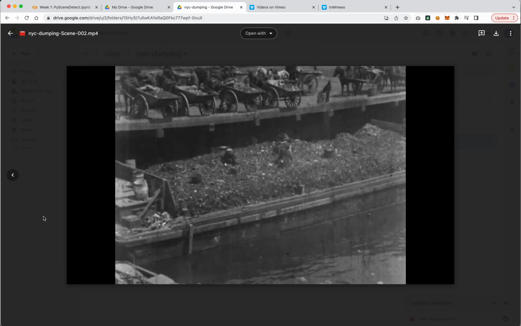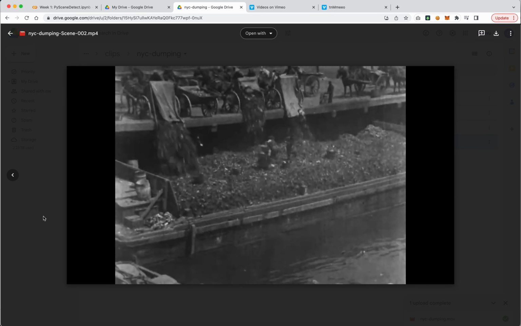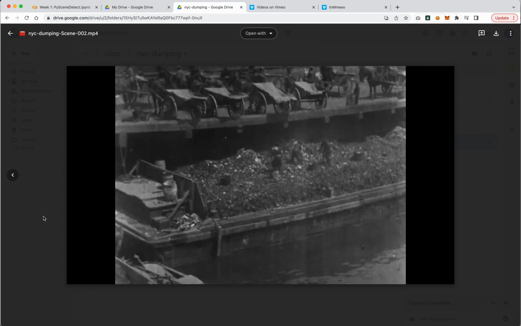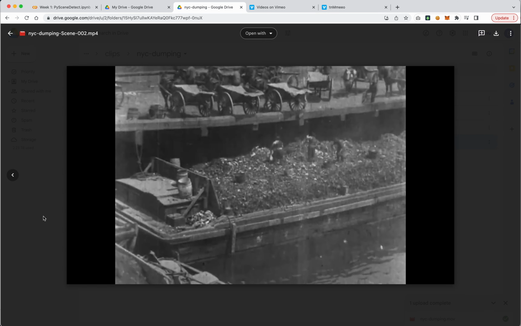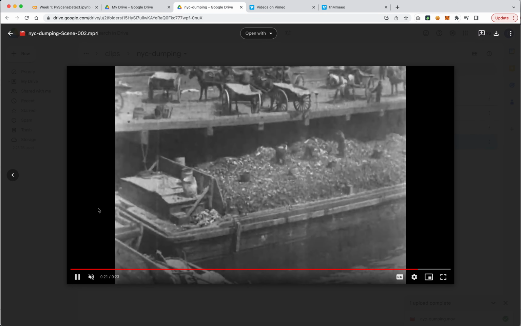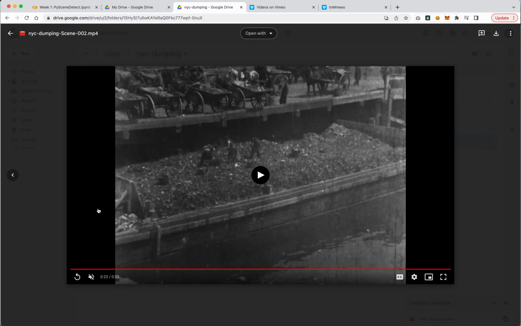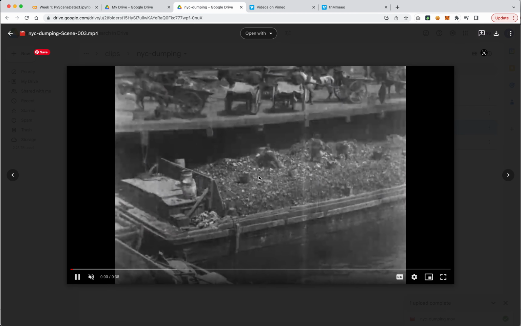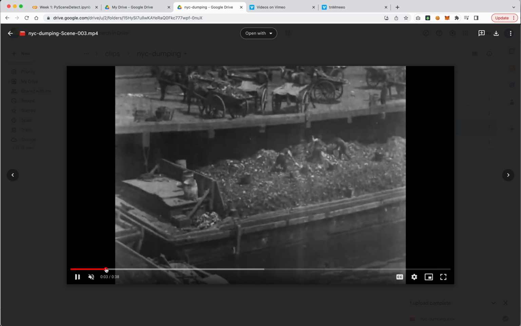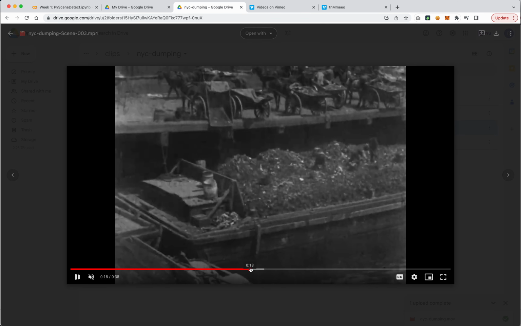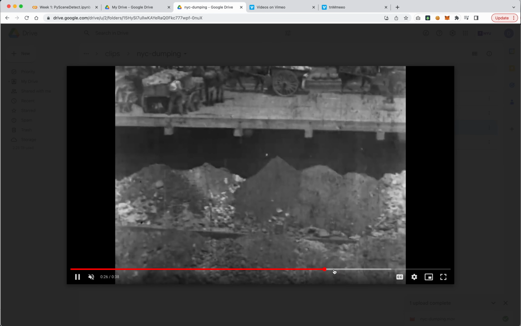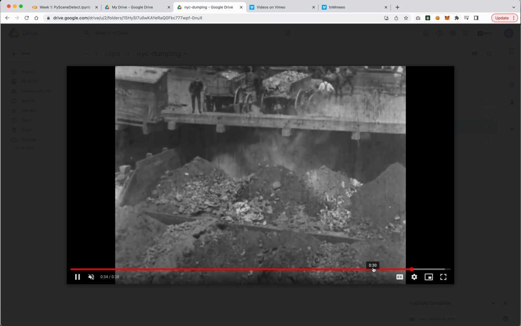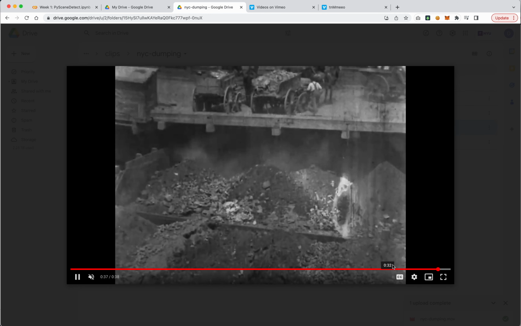Let's see if it turned any of these other things into crops. There's that white flash there. I bet you that white flash is what threw it off. Yep. I think that white flash is what threw that off. And that's one of the challenges with these tools, is that if there is something that is really flickery, flickers will tend to be lost by this. And in this case, it's one actual long piece of footage, so I might just crop this manually.